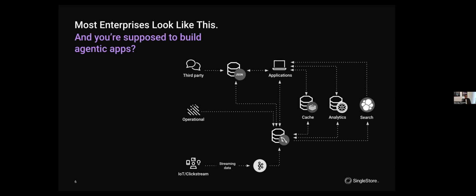Now, the challenge behind this is perhaps this worked at some point for internally facing analytics apps. Maybe it works for consumer-facing analytics apps, but we tend to see that it doesn't. But now, with the concurrency going 100-fold with AI agents on top of your data estate, such a database architecture, such a data architecture is untenable to build agentic apps, and that's what we're seeing with our customers.